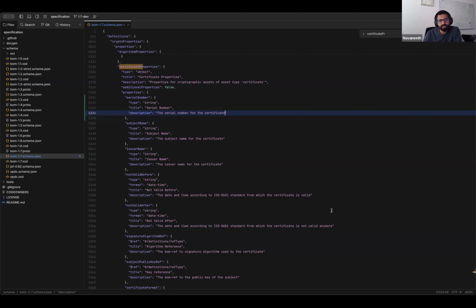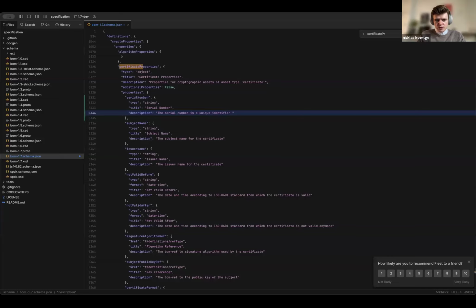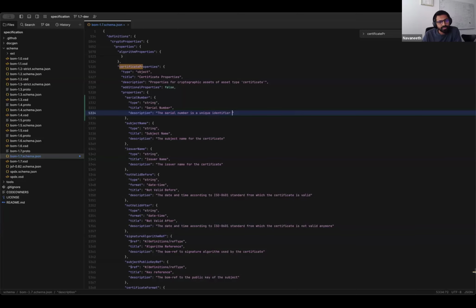So then basically a serial number is a unique identifier for the certificate from a specific CA. So it's unique to a given CA, but it's not unique across CAs. So it's just an identifier, right? For a CA or to a CA? It's a unique identifier for the certificate issued by a CA. Yeah. Okay, so like that.